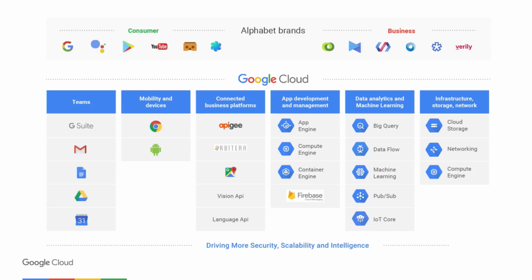So as I've pointed out, Google Cloud is really an end-to-end platform built on the same technology that powers many, many of Google's businesses, the same infrastructure. And this is from storage and infrastructure through to data and analytics, machine learning, all the way to devices and team productivity. And we've built one of the world's leading enterprises on the same technology, and now you can transform your business as well. But it's also designed in a way that allows you to adopt as little or as much as you deem fit to solve your business problems.